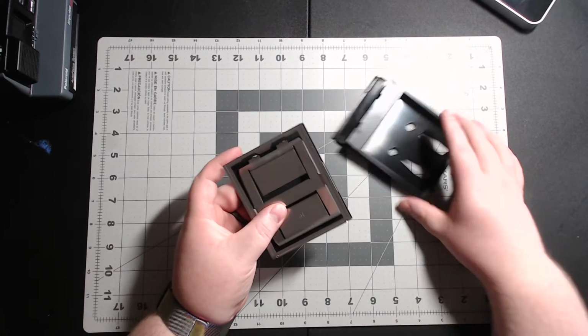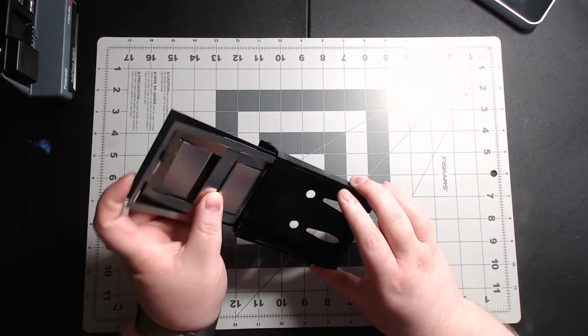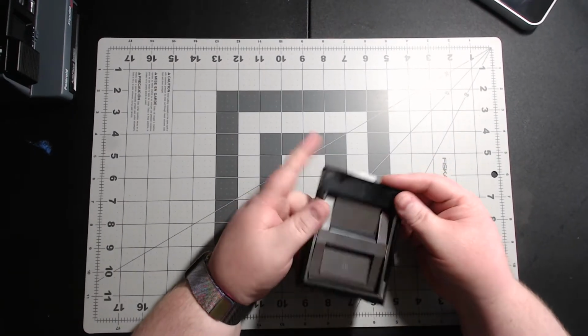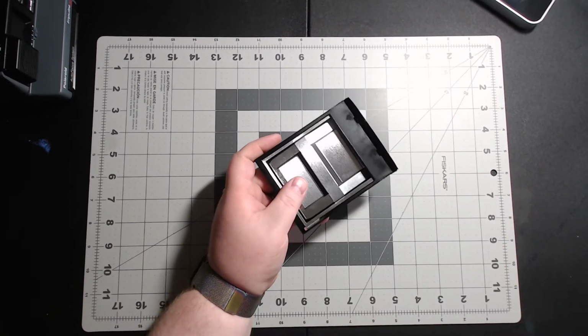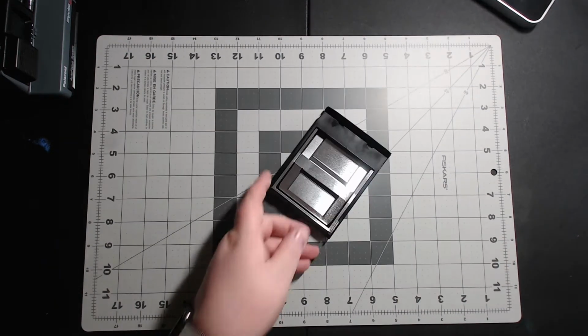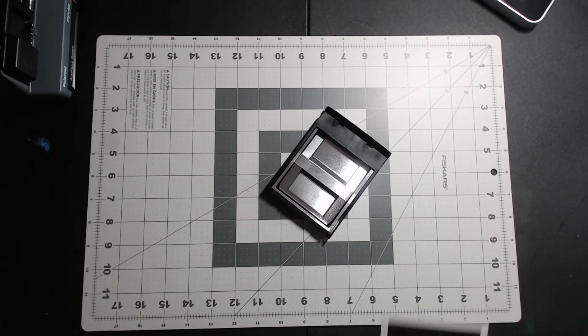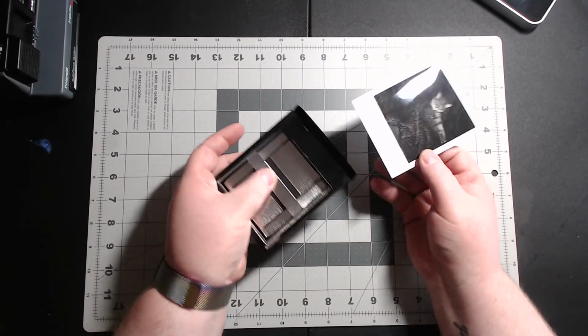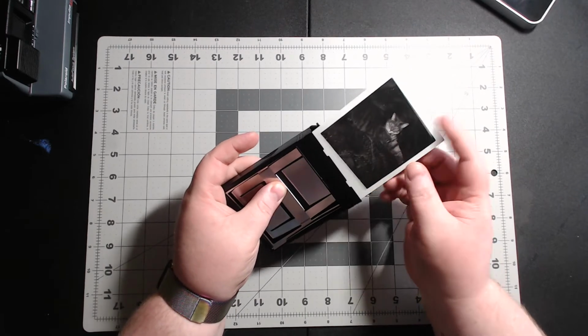So another thing I've seen people do too, especially with the I-type ones, because the I-types don't have batteries in them, is you can use them for storage of your photos if you want to. You can always slide a photo, take this one for instance, and you can always slide photos into these. Just push down on the metal bar, slide it in,